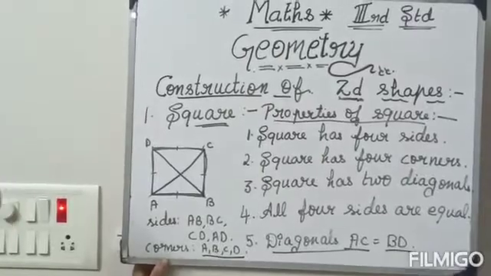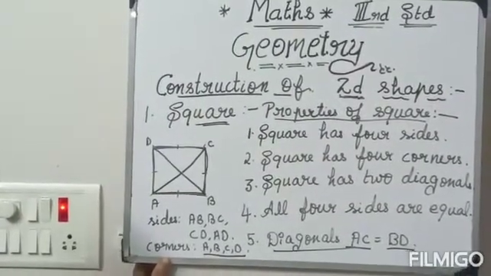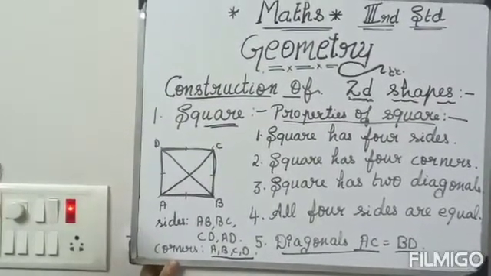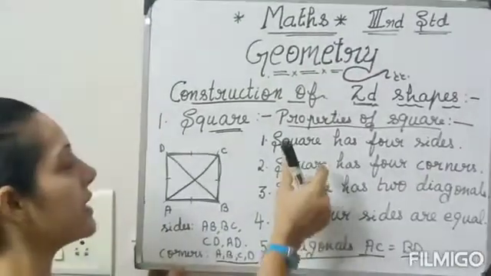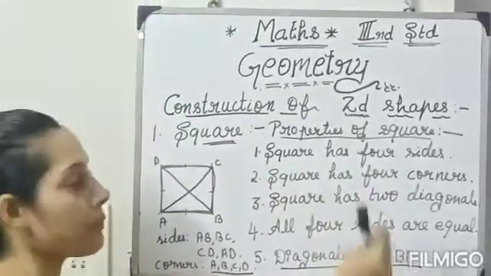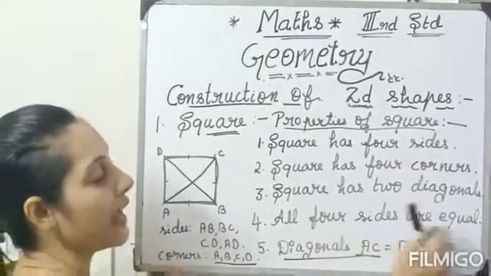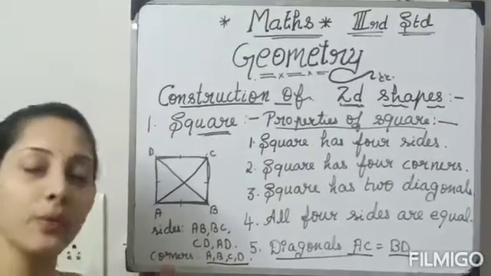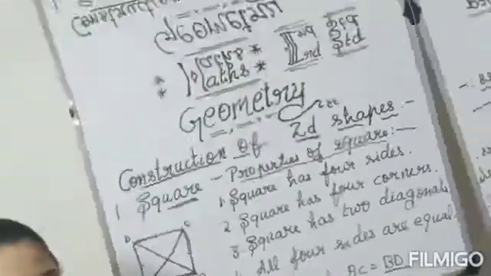I am going to explain it to you again. In this video, we will learn the square shape and the properties of the shapes. Let's go to our other shape, rectangle. It is very easy. See, a square has 4 sides, 2 diagonals, and all 4 sides are equal. But you have to learn one time, then only you can remember very easily. Okay, let's go for a rectangle.